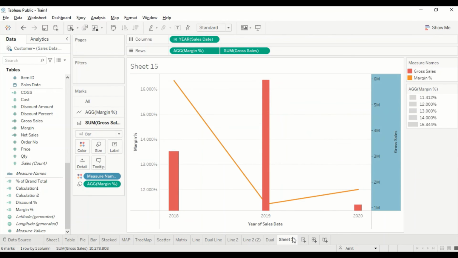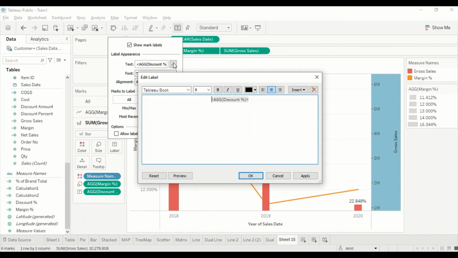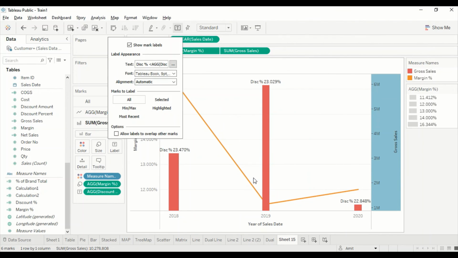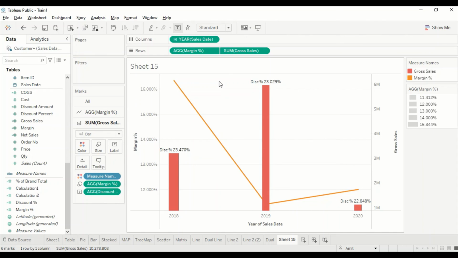So in both the visuals we are going to get this type of thing done. And then again on these visuals we can give the labels of our choice. So let's say I want to give the discount label this time around. Different messages we are communicating. We have margin, but we are displaying discounts. And this could be really tricky if you are displaying discount here and you are not declaring it. So let's say I put disc percentage here, and okay, so it's going to display that this is discount percentage. We are not displaying margin in this one, so people should be very clear.